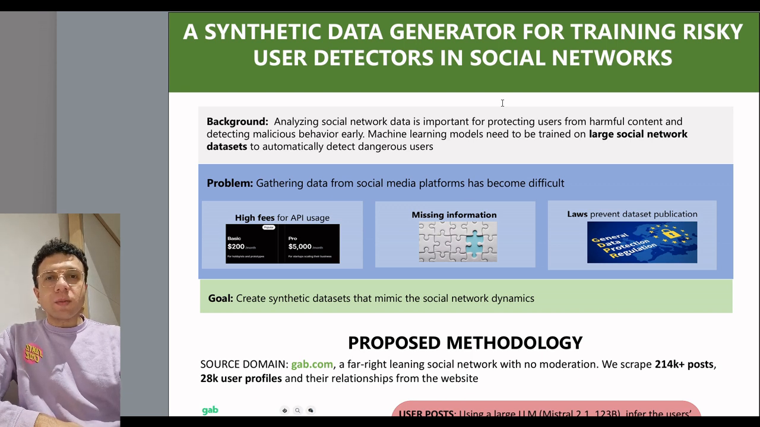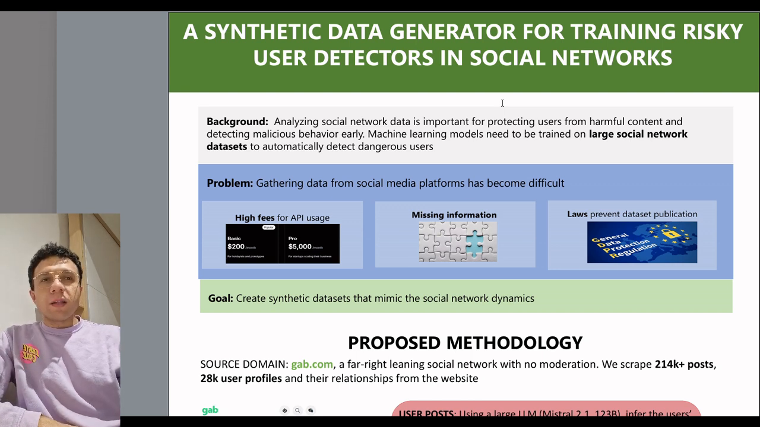However, training such models requires quantities of data that is becoming increasingly difficult to get. The platforms themselves charge high fees for the usage of the APIs needed to get the content. The data, moreover, lacks information about user socio-demographic features, such as ethnicity or profession, that can help increasing the accuracy of the classifiers. Lastly, privacy laws such as the GDPR restrict data usage and prevent researchers from publishing or even